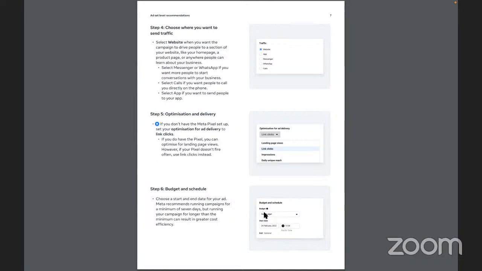On the optimization and delivery, if you don't have a Meta pixel set up, set your optimization for ad delivery to link clicks. All right. If you do have the pixel, which I really highly encourage that you set up,